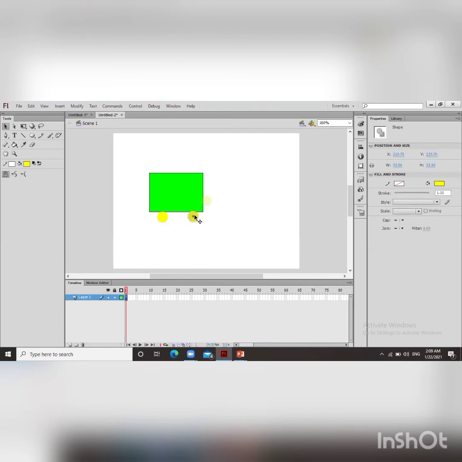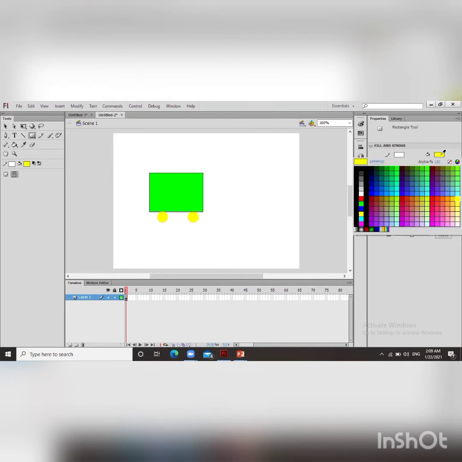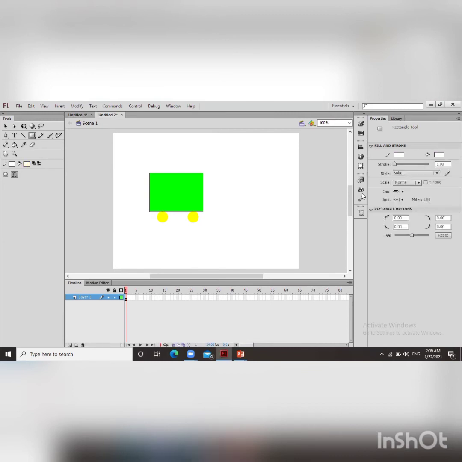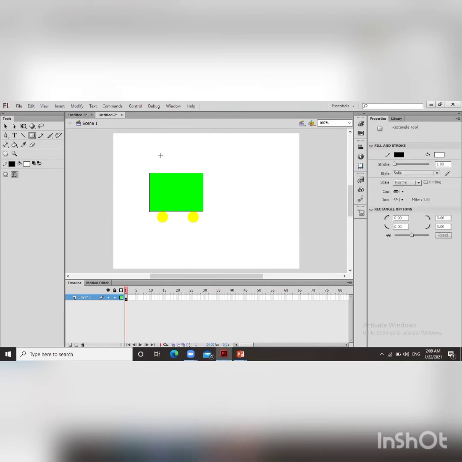You just paste it like that. It is up to you how you want to make the drawing and what you want to draw. So just choose the option according to the requirement, and after that we will create the symbols.